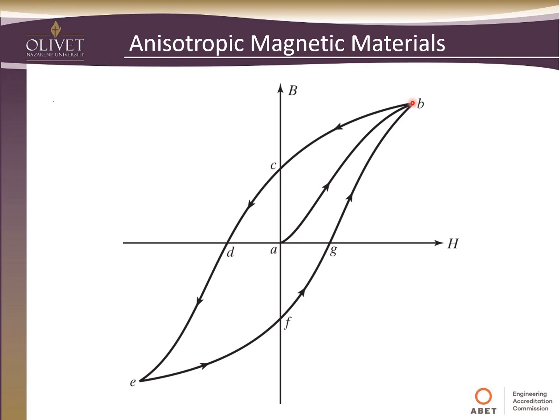But now as we start to decrease the magnetic field in the presence of this material, of course, the flux density and the magnetic field intensity will start to decline. Well, when it does, it doesn't go back along the same path that it did before, because the permeability is dependent on direction here. So it actually goes along this line here. So as we come all the way back to where the magnetic field intensity H is 0, we still have some flux density